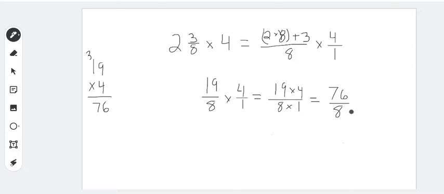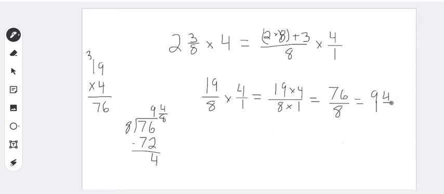Now, how many times does 8 go into 76? So I would do 76 divided by 8. Well, I know 8 times 10 is 80, and that's more than 76, so I'm going to try 9. And 8 times 9 is 72. So 76 minus 72 is 4. So that'll be my remainder, so I would have 4/8. So that would be 9 and 4/8,